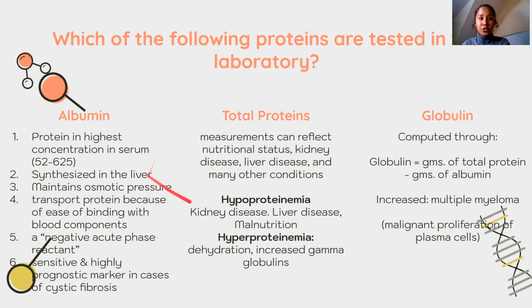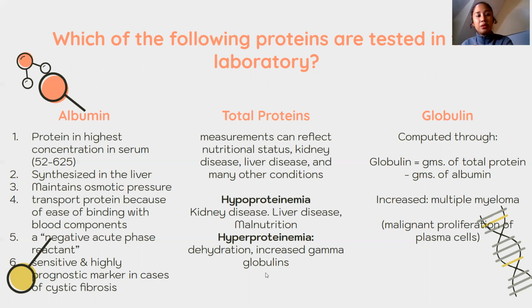We also have total proteins. When you measure total proteins, it covers all the proteins, including albumin. Measurements can reflect nutritional status. So if the person is not taking in an adequate amount of protein, especially in malnutrition, poverty, or kidney disease,